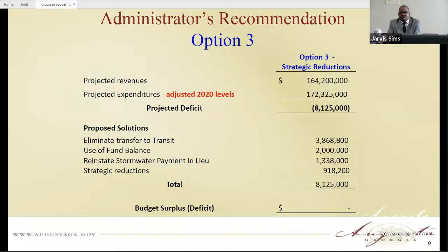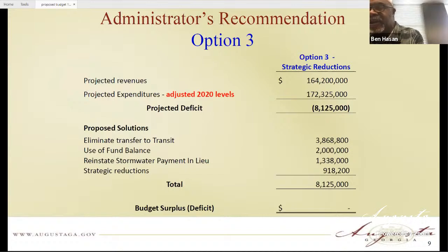Okay. When you got proposed solutions, you got $3 million here, and you say eliminate transfer to transit. Hard number, you know exactly what you're gonna do. So use of fund balance, that's $2 million. Hard number, you know exactly what you're gonna do. Reinstate the stormwater payment and taxes, $1.3 million. Hard number, you know what you're gonna do. But when I ask you about the strategic reductions, I'm getting scenarios as opposed to saying, okay, strategically we looked at this. I'm just asking, what are those programs? Because are projects, because that could be problematic for us because we don't know what you're asking us to, and you're talking about the tune of